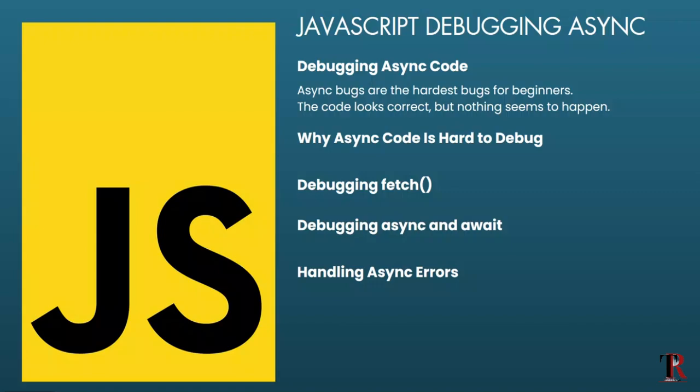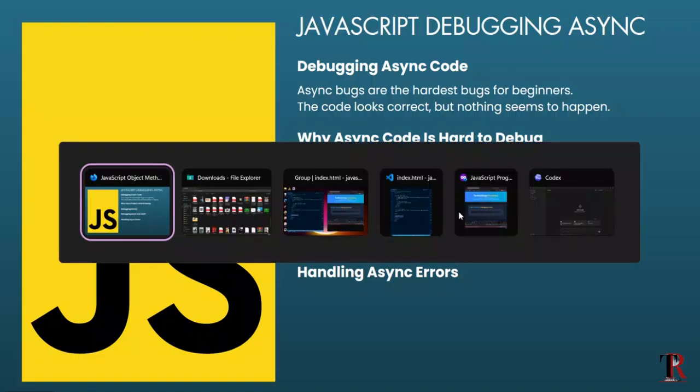Now let's look at a function that can help with debugging asynchronous code. It's called the debugging fetch method. The fetch function is asynchronous and does not return data immediately. So for example, if you have something like this,